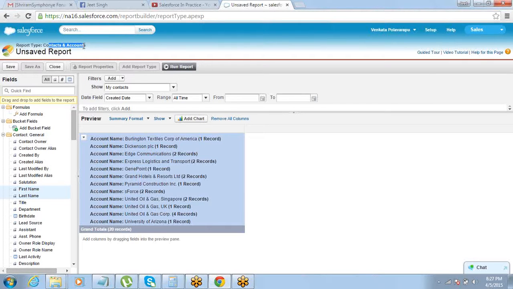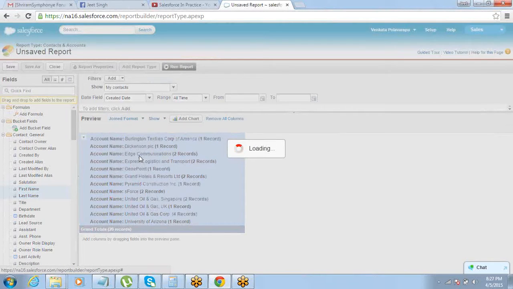Or if I am required to give a count of opportunities also, opportunities is again a different report type. So for that, we have to convert it into a joint format. Summary format, matrix format, and tabular format can work with one single report type at a time. But joint format, as the name suggests, allows you to deal with multiple report types. So just select the joint format.